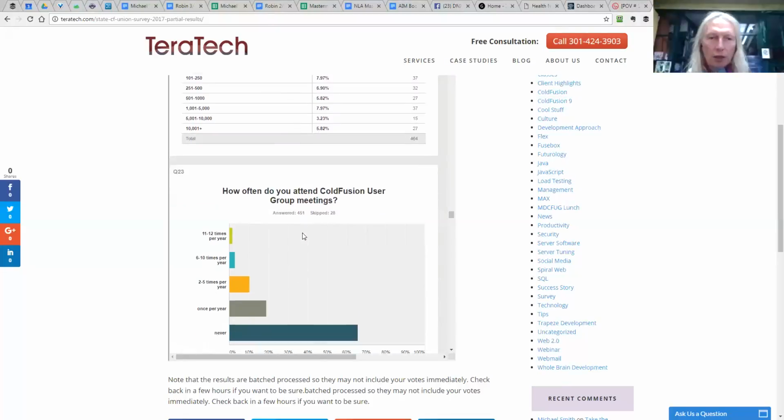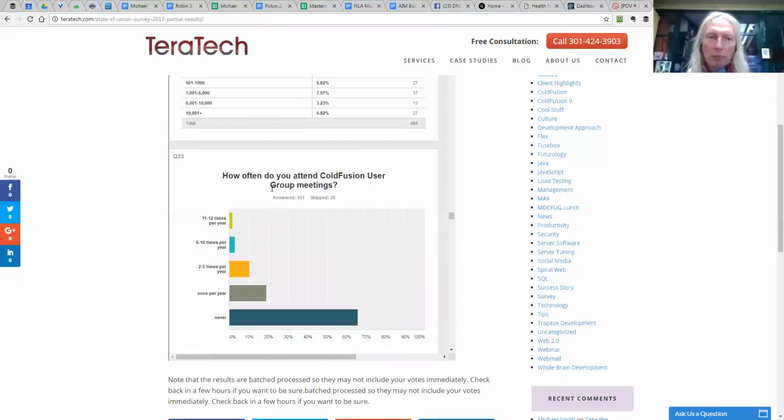Very interesting. All right, ColdFusion user group meetings. Now, I remember, a while ago, back when Allaire ran ColdFusion. That was more than a while ago, Michael. Okay, might have been in the last century, actually. There you go. Yeah. I mean, everyone and his dog went to ColdFusion user group meetings, but now